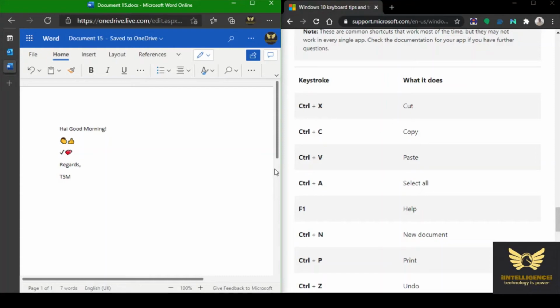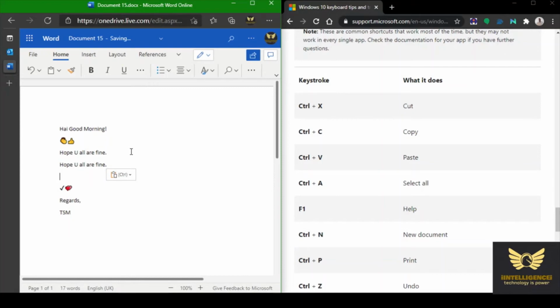Now if you press Control plus V, it will paste it. Now Control plus C is copy. Here I am just copying it. Select it and press Control plus C. It will copy. Now if you want to paste, you can paste it down.